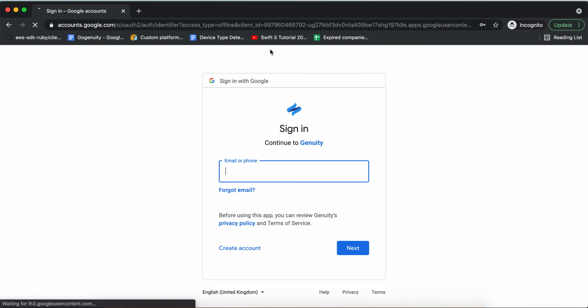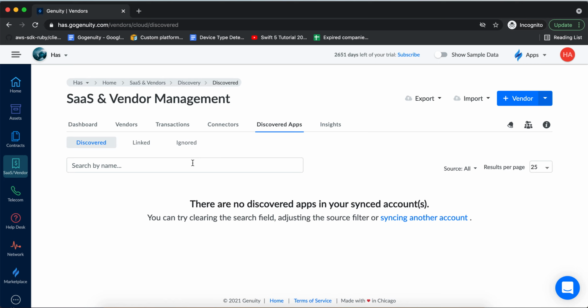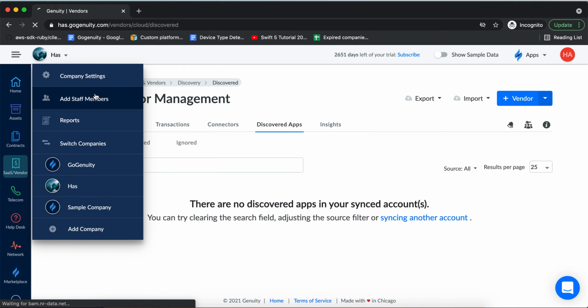And once the integration is completed, we show all the apps and the licenses of the users. So this helps the administrators of the company to easily analyze the apps that are getting used by their staff members, and also the licenses information, like how many licenses they have bought, what are its analytics, like how many of them are used or how many of them are getting expired, and everything like that. So the first use case is this, and the second use case is in the staff members.